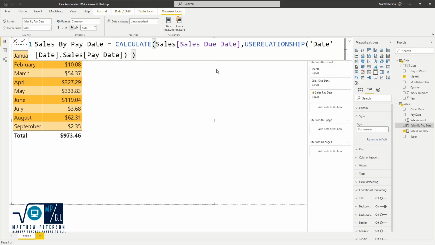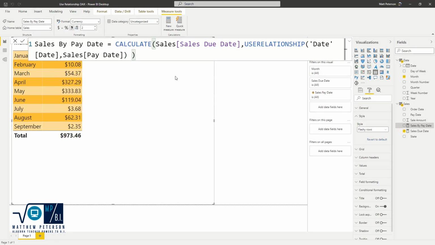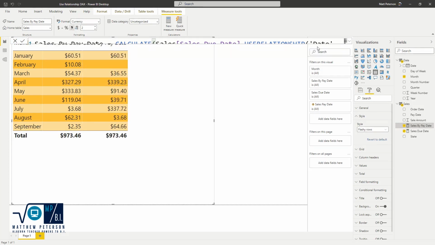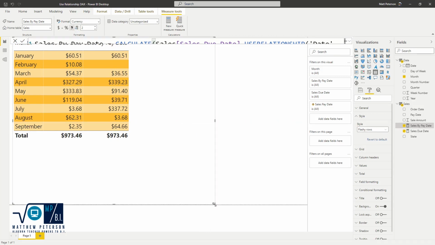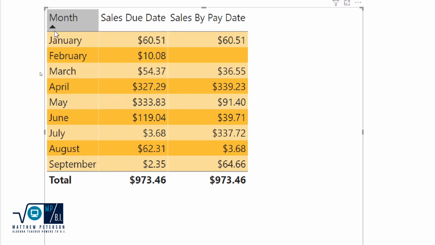And so now we'll hit enter here, and I'll do some quick formatting. We'll put this into English United States. And now when we bring this over, notice our values are going to be different. Let me make this a little bit smaller so it's easier to see without that formula, and let's zoom on in here. So now our sales due date, you might be saying this looks the exact same, but then take a look at February. In February, we did not have any sales that were actually paid. We made some sales, but they didn't get paid until later. And in March, we did $54 of sales, but we only collected